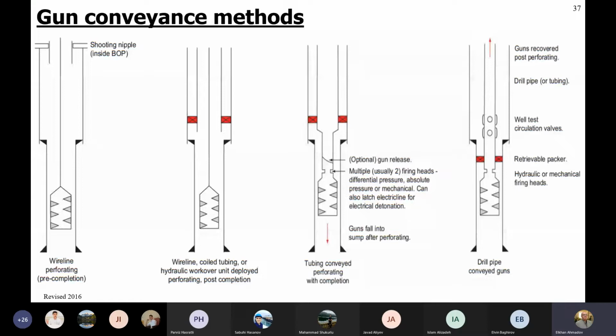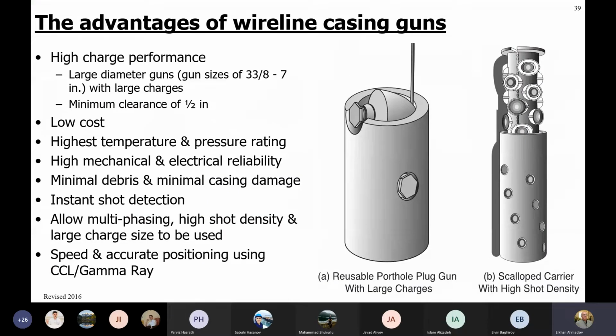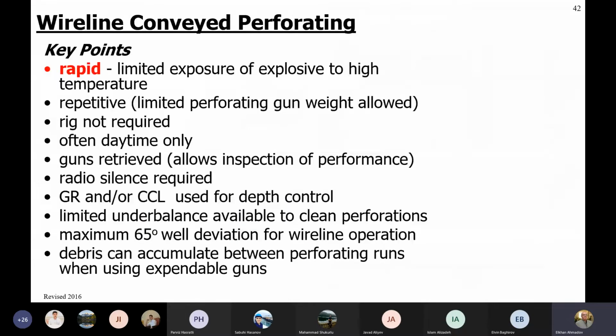So we talked about the gun types, what are the key points or advantages of different conveyance methods,